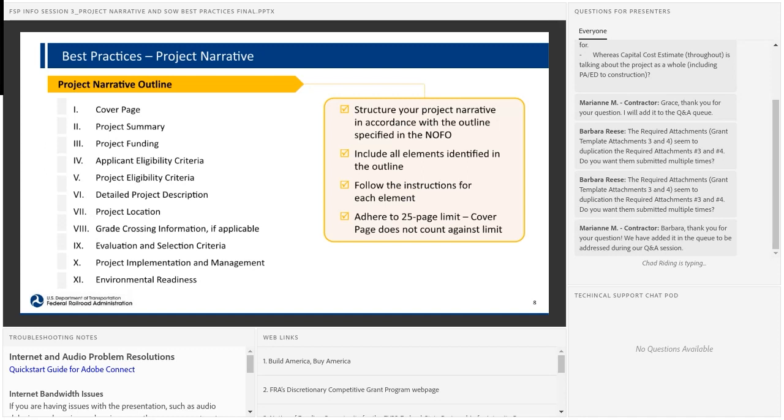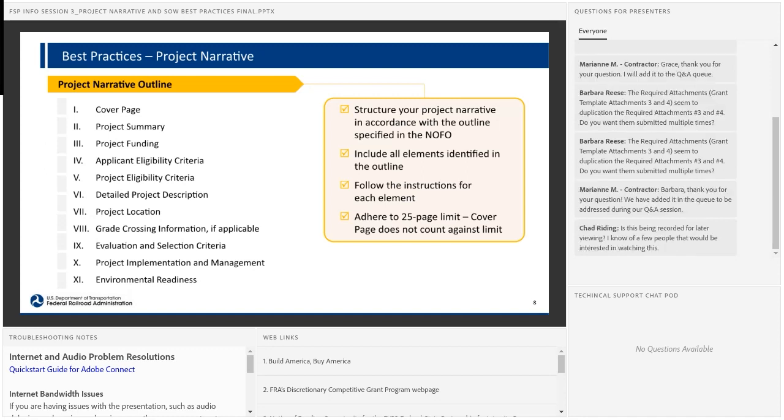There are 11 elements of the project narrative that I want to go over in some high-level detail, to give you a sense of what you should address in each element, as you can see listed here. Some key items to keep in mind: you need to structure your project narrative in accordance with the outline specified in the NOFO.